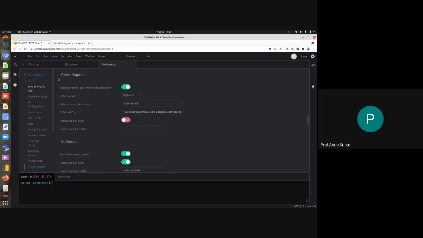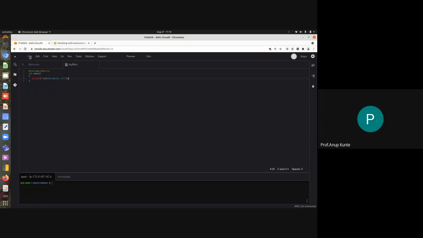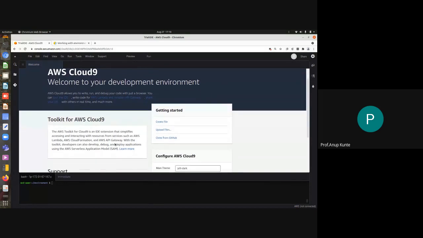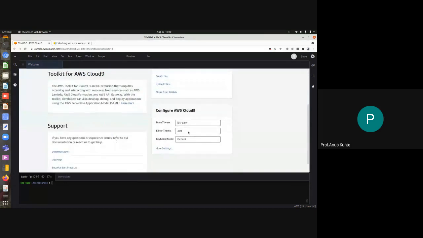We'll see about how to use this IDE maybe in the next session. But now, how to return from here by closing this. So I can close a file like this, close this file. Okay, if I want to go to Amazon, this is how I can change the theme.